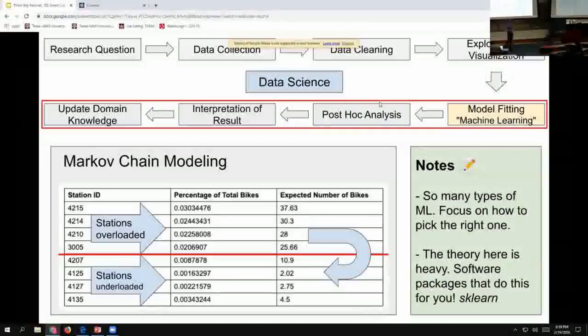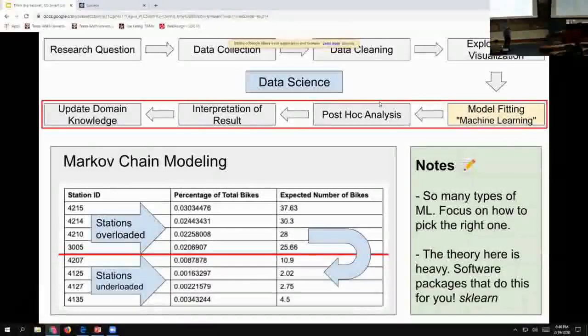From that, we were able to say what's the expected number of bikes at steady state at each station. And we were able to show some stations have an extremely high expected number of bikes. So how does this work? Well, 37 bikes might not always be at these bike stations. Unlike bikes here on campus, these bike stations were set stations that you had to park in, and they could only accept 20 bikes, or maybe a little bit less. Let's say 20. So all these stations which have an expected number of bikes over 20